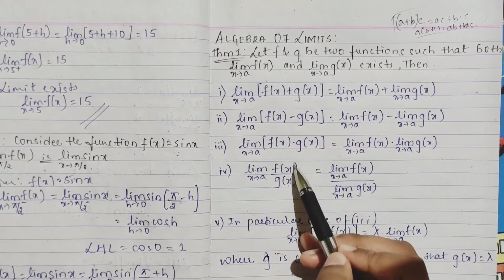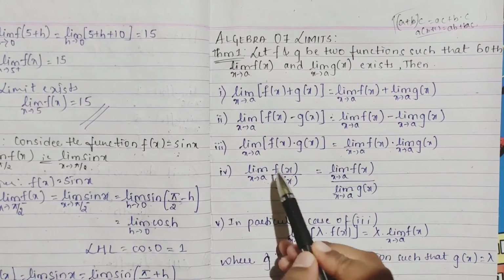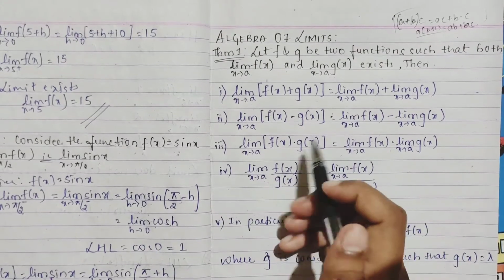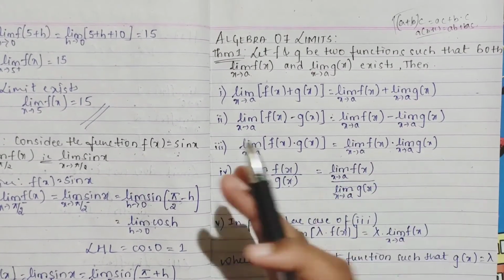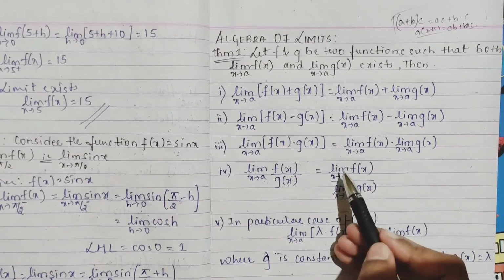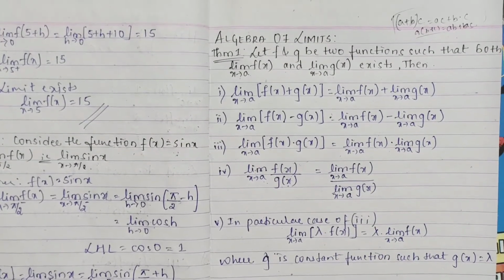In terms of quotient, limit of f of x by g of x as x tends to a. Here also, when it is quotient, like in product, you shouldn't apply the limit commonly. Many questions will come where you think you'll take the whole part as a kind of division, but it won't be like that. Separately you have to apply the limit: limit f of x as x tends to a divided by limit g of x as x tends to a.